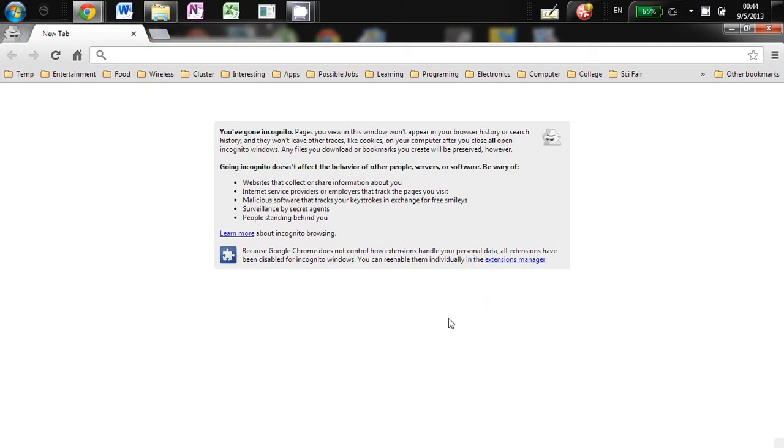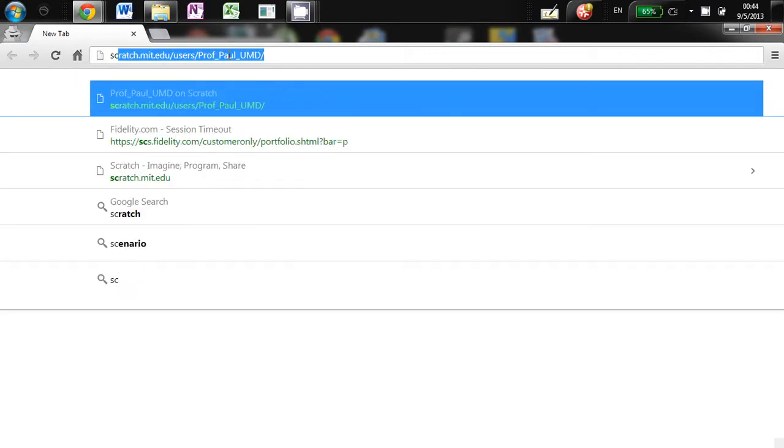Okay, hello everyone. I'm going to try recording these steps, and you guys can tell me whether or not you thought this was useful in the future when you need instructions. So Professor Wada wanted me to make a guide as to how to set up a Scratch account and submit your Scratch project. So first you need to go to